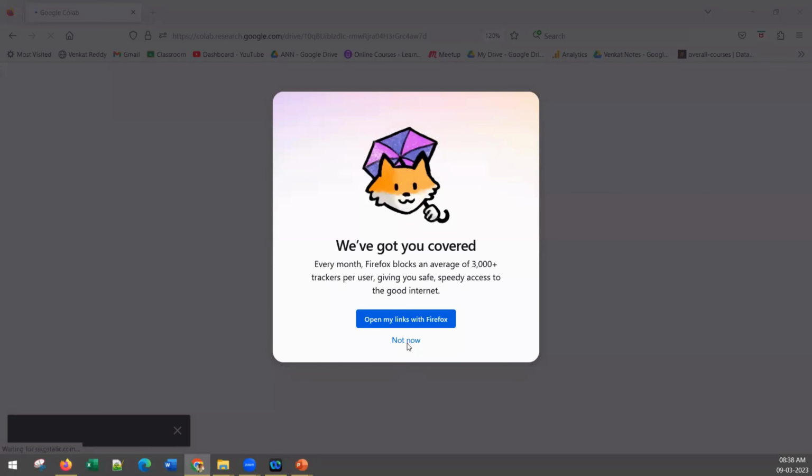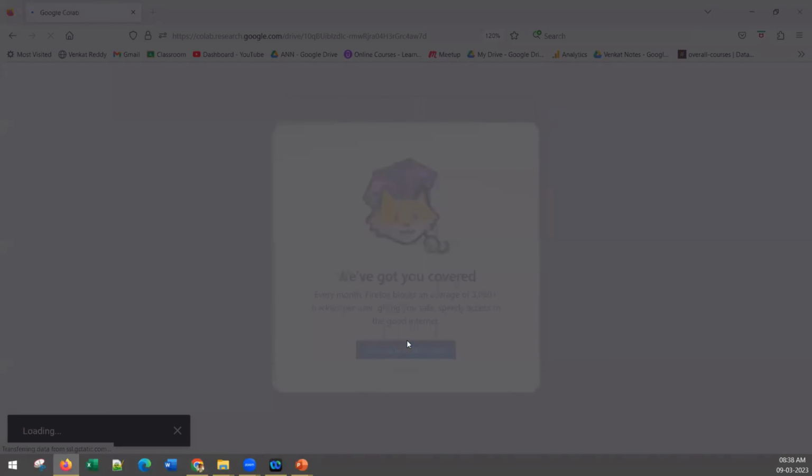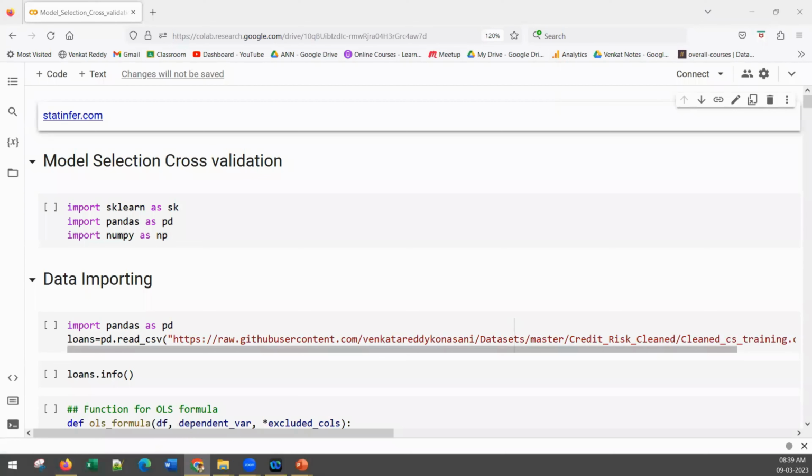Model building anyway, all of us are comfortable since it is just a logistic regression model. All right, import the packages,